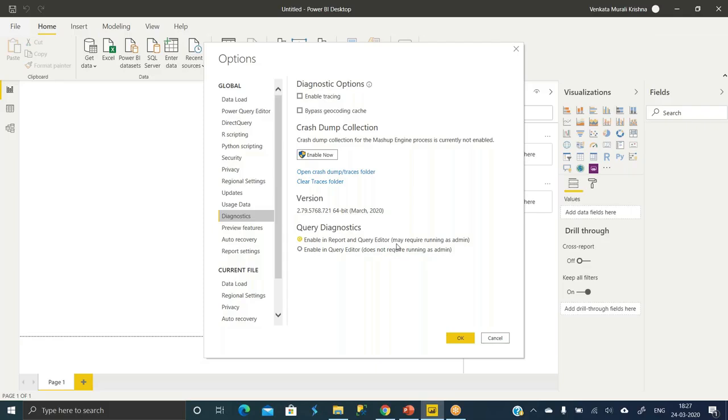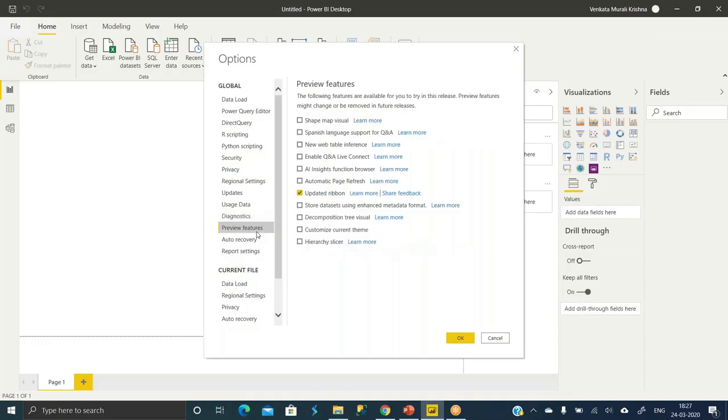Enable in report and query editor. For example, this is the query diagnostics we are going to use for this. We will see this once we are in the Power Query Editor. Preview features, this is also something we can focus on. Let's say, for example,